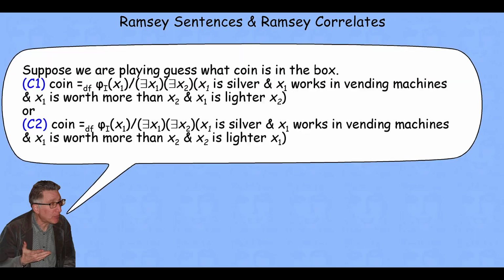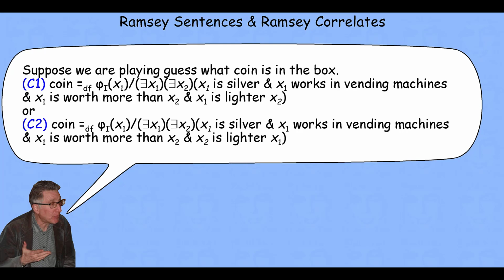So suppose we're traveling on the road with Frank Ramsey, and we're going to play a game, the Ramsey equivalent of 20 questions or I Spy. So Ramsey will give us these Ramsey correlate definitions of a coin that's in a box in the front seat there. And we have to look at those definitions and decide what coins could possibly be the coin that's in